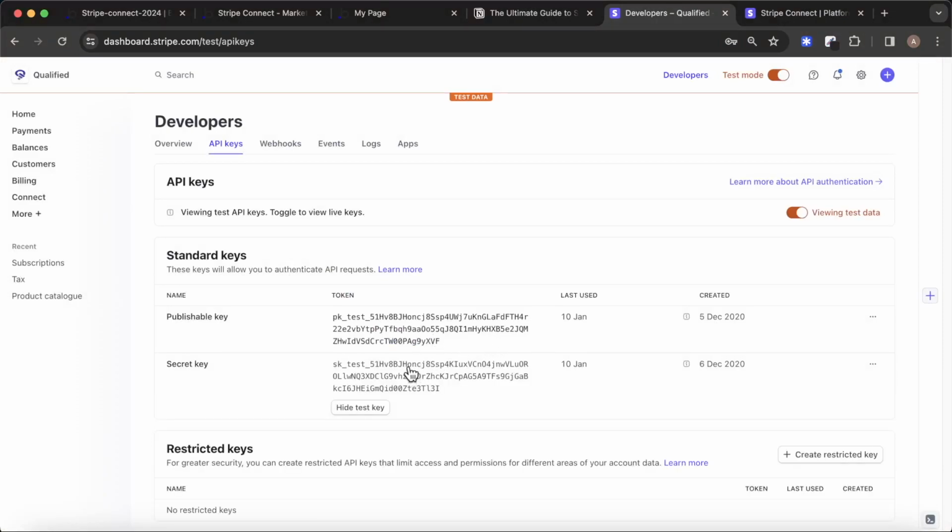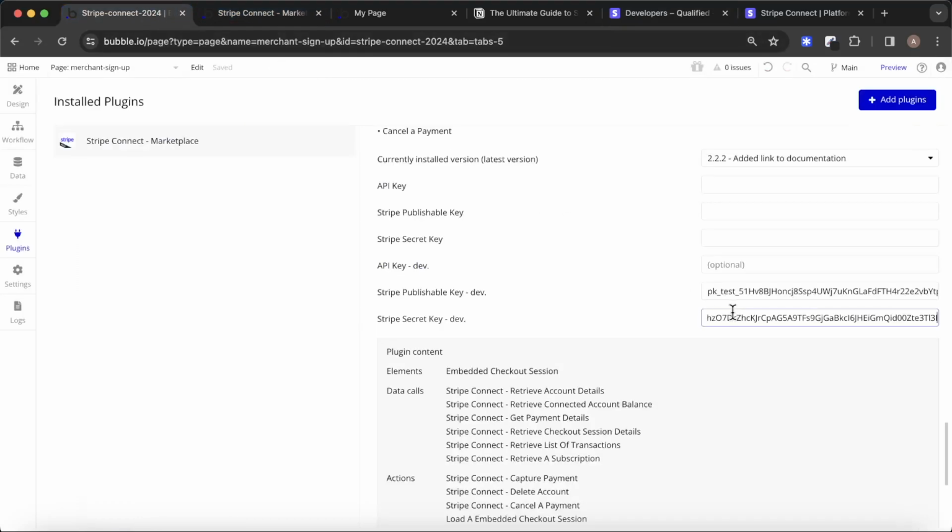We're going to copy our secret key, go back to our plugins tab, paste it in there, and then finally for the API key dev, very simple. All we need to do is click on the box, type in the word bearer, put in a space, and then paste in the secret key again. Okay, so now that we've done that, our plugin is hooked up to Stripe and we can start building out